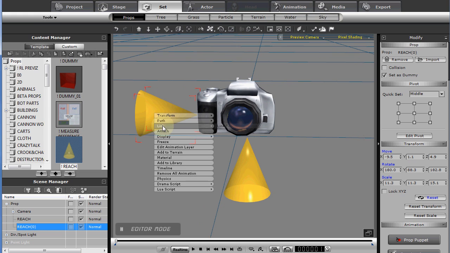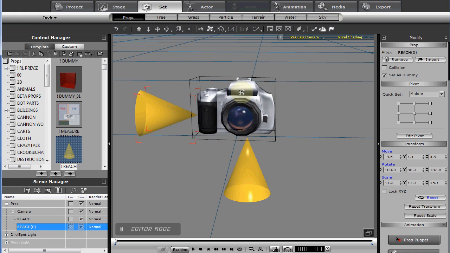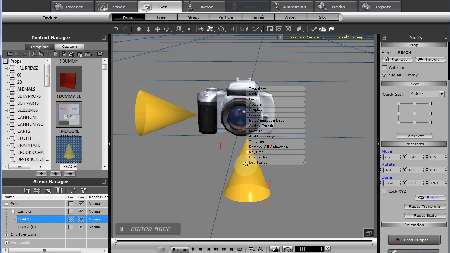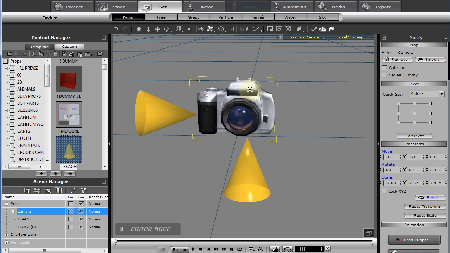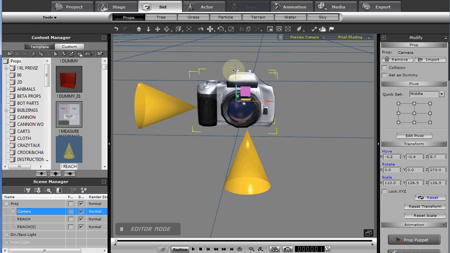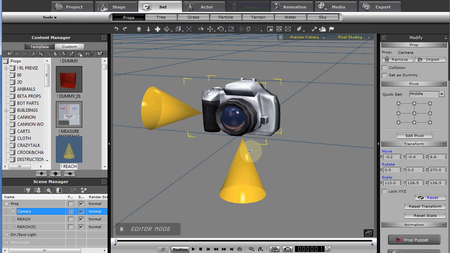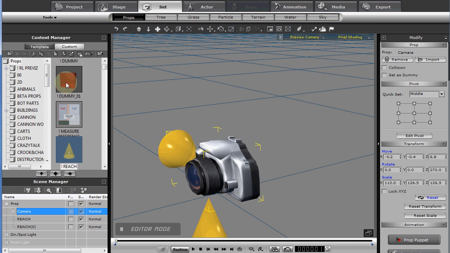I'm going to link these targets to the camera instead of attach. You could attach, but this will give you a little more flexibility if you link. So now if we select the camera and if we move the camera, okay, our targets are moving with us. They are linked. I'm going to add one more dummy